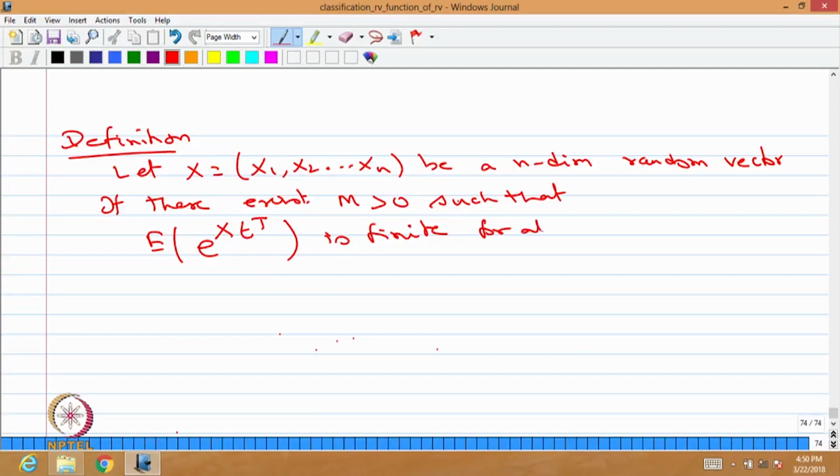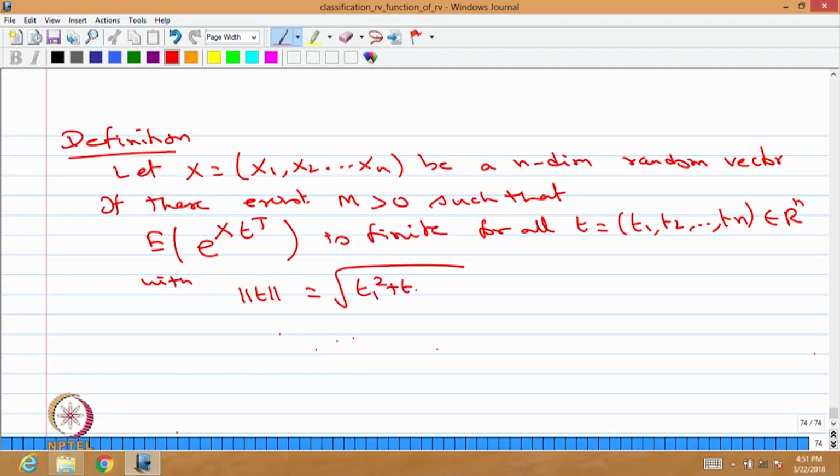for all t, where t is a vector whose elements are t1, t2 and so on, belonging to Rn, with the norm of t, the Euclidean norm, that is t1 square plus t2 square and so on plus tn square, less than capital M. If this condition is satisfied, then